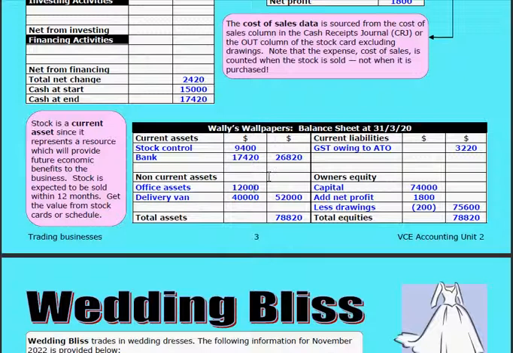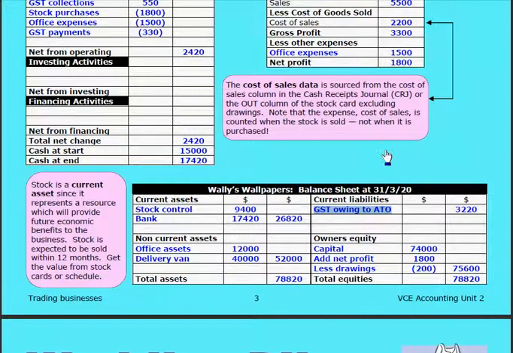There's only two non-current assets in this business, $12,000 and the delivery van, $40,000. They were the same values at the start of the period as per the original balance sheet. There's been no change. We just copy in the original values given in the original balance sheet to come up with our total asset figure. And then we do the equity side, the GST. To do that GST, you've got to work it out, of course.